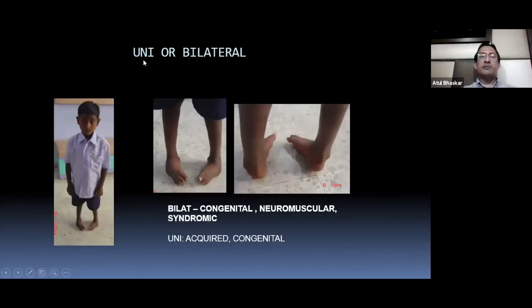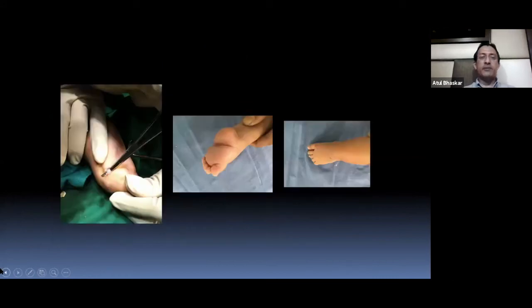Of course, when the child comes later, at walking age, this is what you will get in the exams. A child presenting like this, walking on the lateral border. Here you examine the child completely. You can see there is a tibial torsion. The talar head is prominent. Always comment on the cavus. Look at the foot pointing forward, and from the back, the heel is in varus. It's in supination. And again, you can comment on the callosities. So don't forget to look at the callosities and look at the footwear. Examine the spine so that you don't miss a neuromuscular or a syndromic clubfoot.